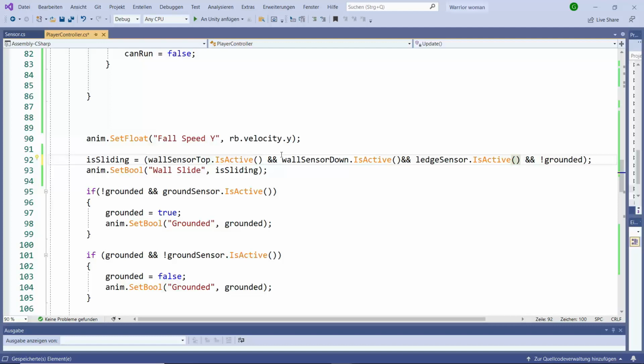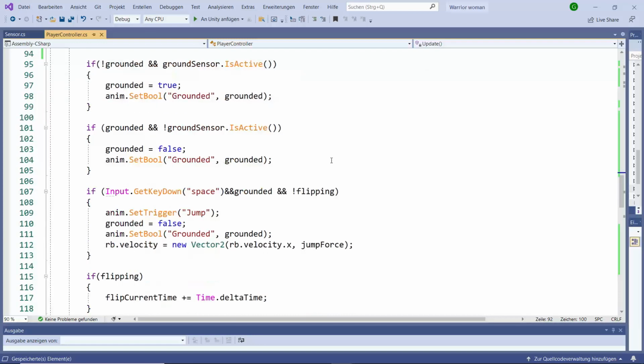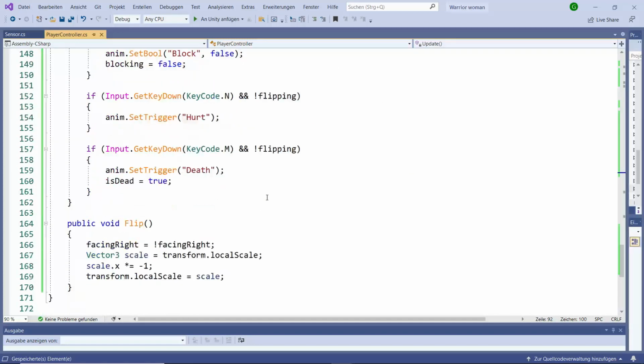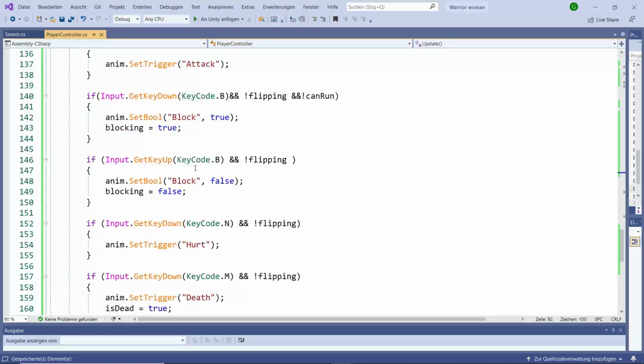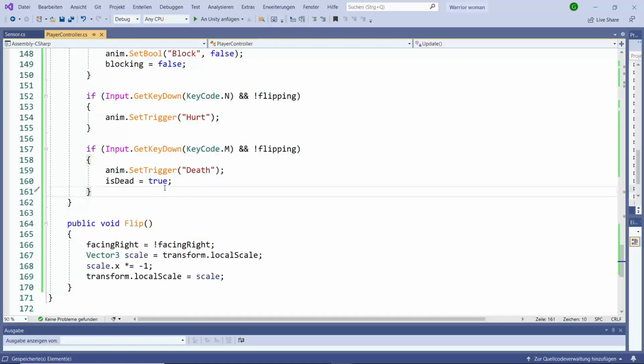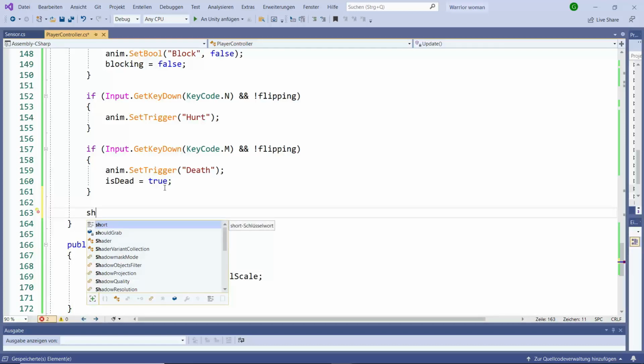So when all 3 are activated, then our sliding is true. And for grabbing the ledge, we want the top one to not be getting activated, so we are not getting that one. So here we need to write our should grab is true when,